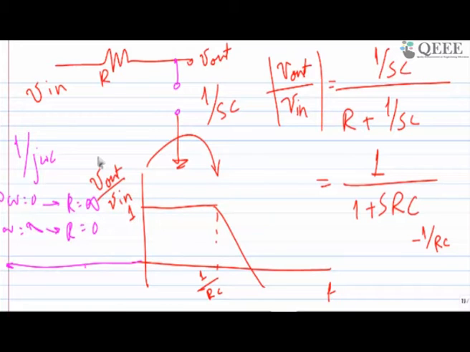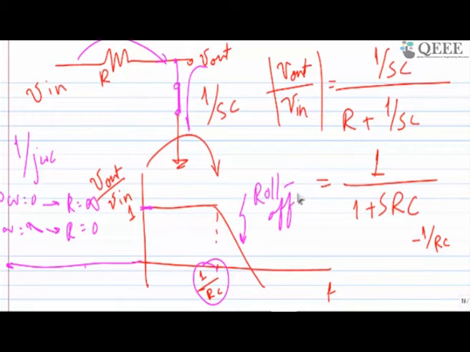So at low frequency V in will be transferred over here, so V in equals V out. But at high frequency the capacitor is shorted and V out has a direct path to ground, so it goes to 0. When the frequency becomes 1 by RC, thereafter there is a roll off and it tries to go to 0